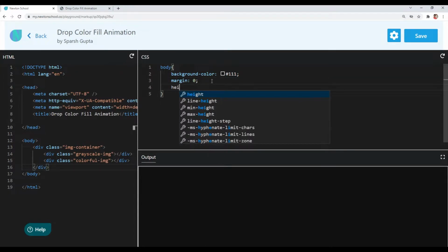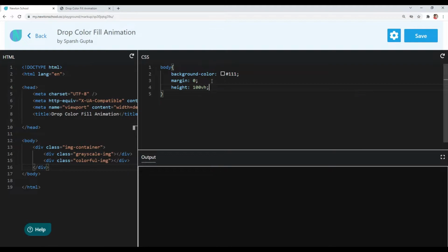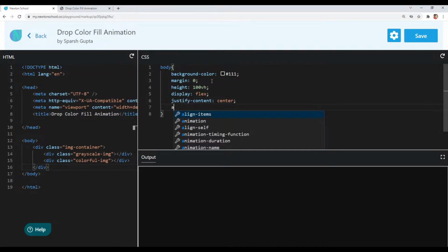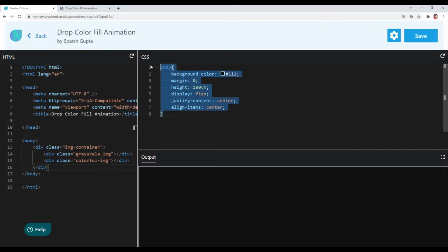Let me first give a height of 100vh to the body tag, and now I will use flex to center my image container within the body. So I will write display flex on body, and I will use justify-content center to align our image container horizontally center, and align-items center to align our image container vertically center. Okay, so we have styled our body tag.